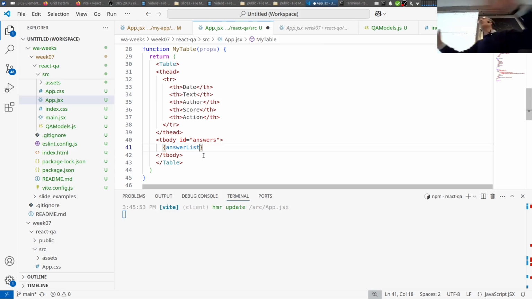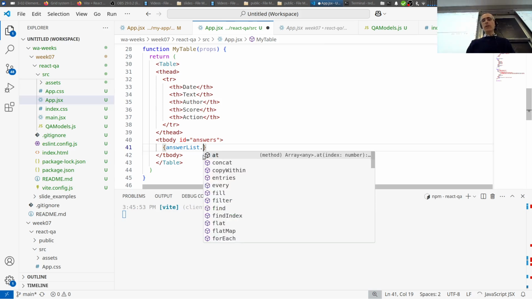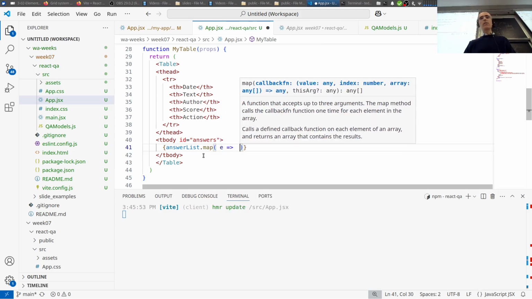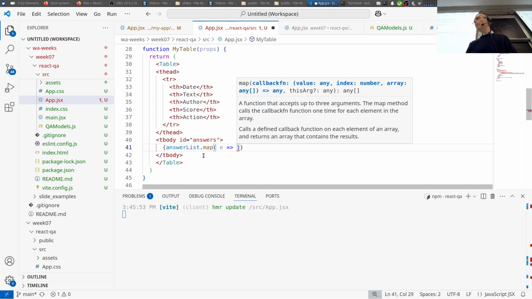The array is not JSX. Here I want to have JSX. I'm in the middle of stuff that needs to be rendered in the virtual DOM and then in the actual DOM. So I need something that fits here. Okay, map element arrow, and then